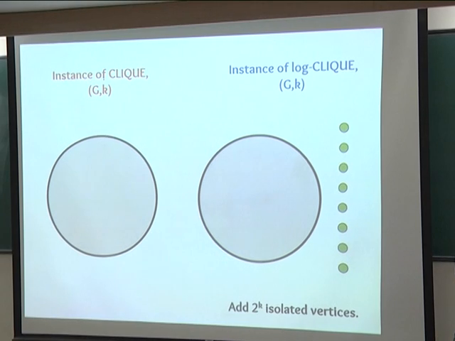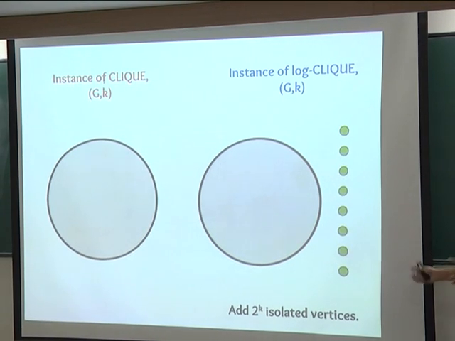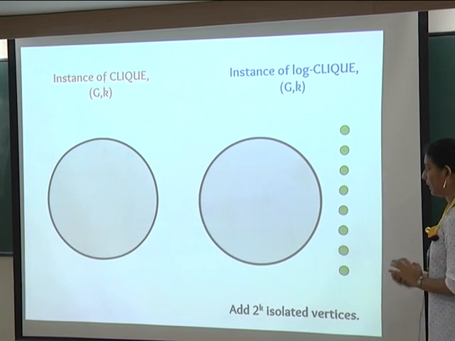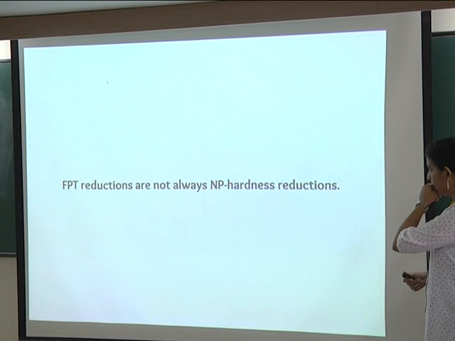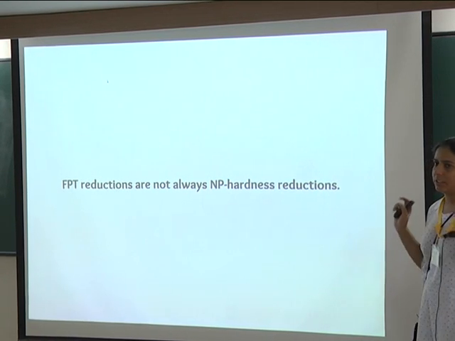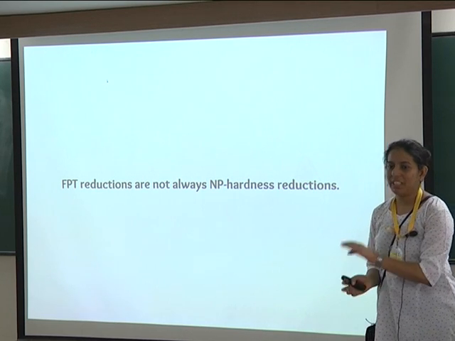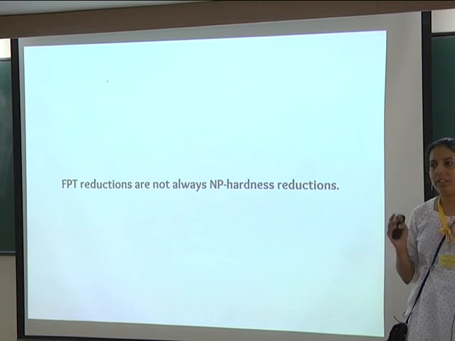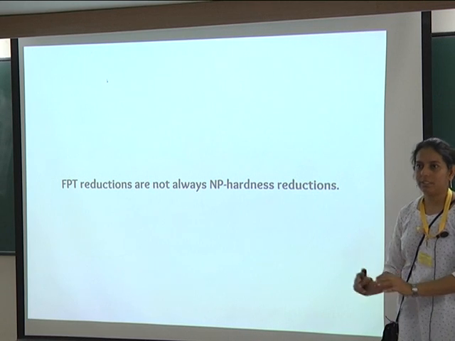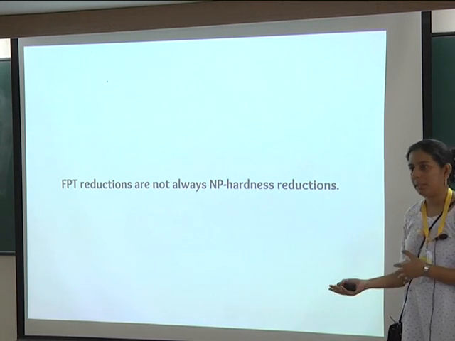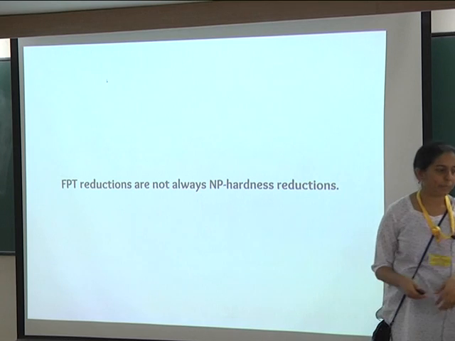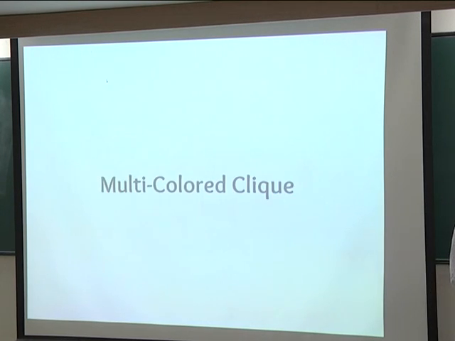The more interesting non-contrived examples, if we get time towards the end of the lecture, we'll at least see a glimpse of one such. So this is the other takeaway. If you don't remember anything else, you might just want to remember the notion of FPT reduction, and remember that they're not directly comparable to NP hardness reduction. Some NP hardness reductions may not be FPT reductions, and the other way around. All right, so let's look at a canonical